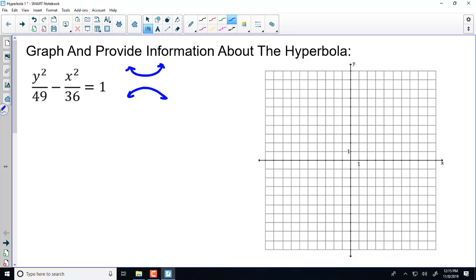To draw a hyperbola, we need to draw our reference rectangle here. So what I'm going to do is take the square roots of the numbers under y squared and x squared. So the square root of 49 is 7, square root of 36 is 6. And to draw my rectangle, I'm going to go up and down 7 and left and right 6. So 1, 2, 3, 4, 5, 6, 7. And then down 7. And then left and right 6. Okay, then